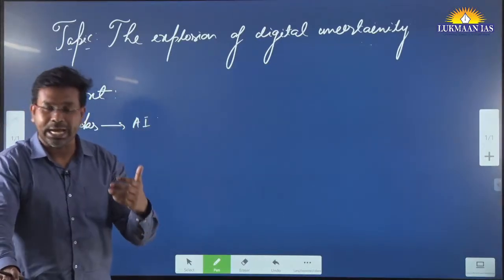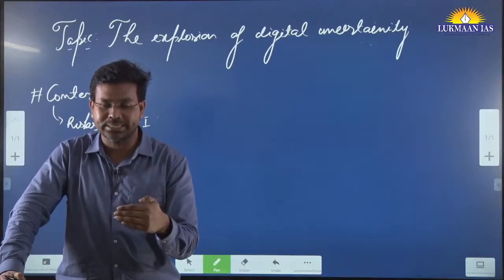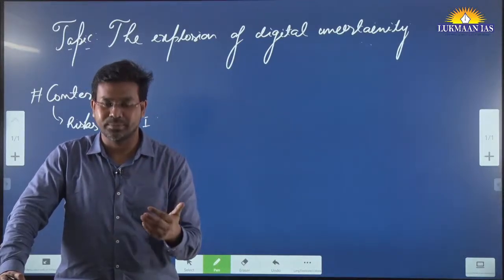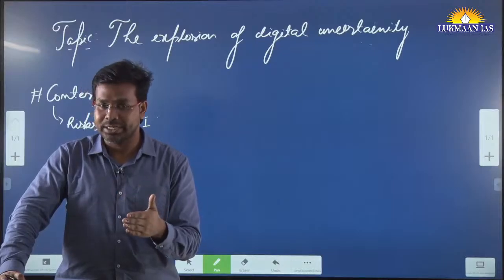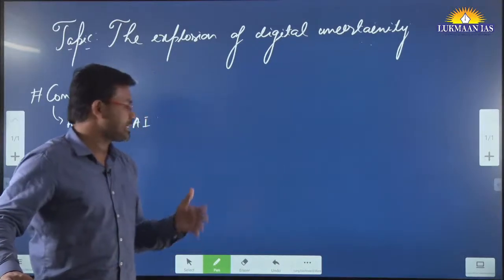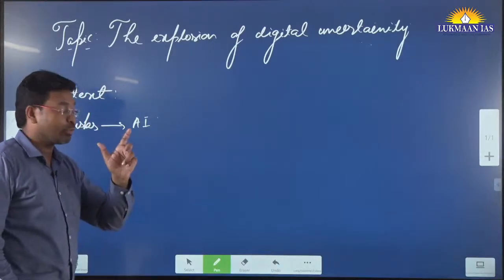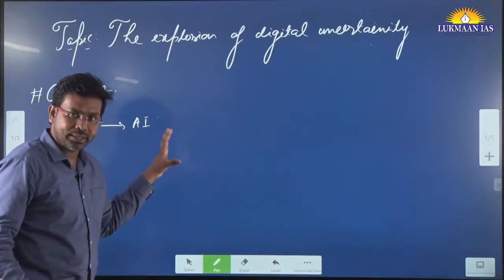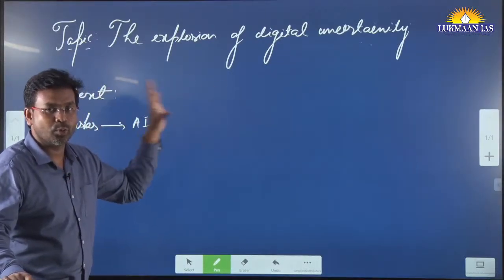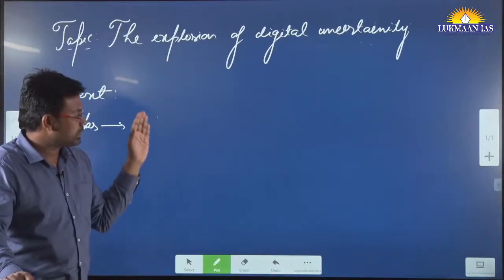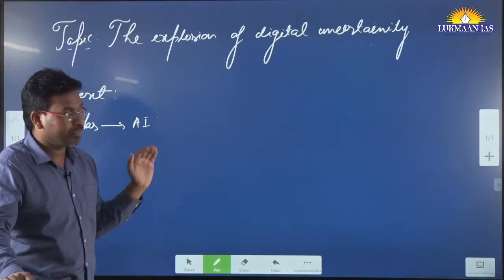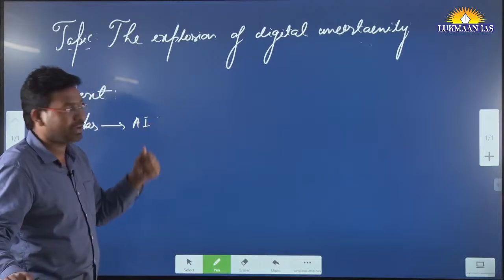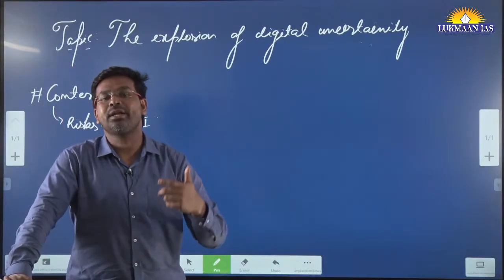As we all know, artificial intelligence is seeing a new phase in the world. Different companies have come up with different artificial intelligence systems. We ourselves are using artificial intelligence in many ways. For example, if you want to translate from one language to another, you just need to copy the content and paste it in Google Translate, and it is going to translate, say, from English to Hebrew or Arabic. You don't have to put much effort into translating the language. It is being done automatically.